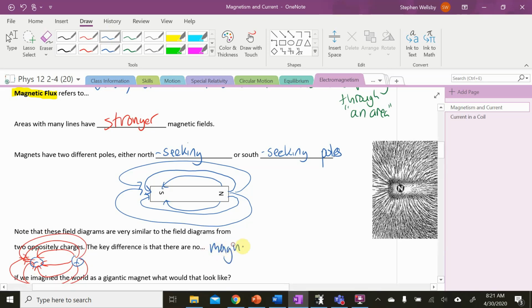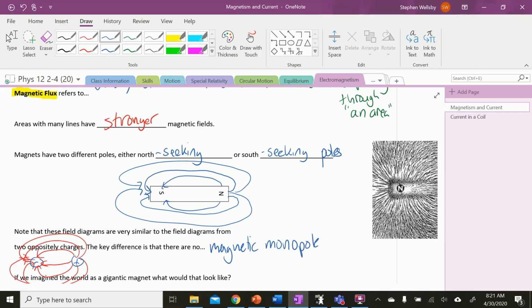There is one difference, though, between dealing with magnets and dealing with charges: there's no such thing as a magnetic monopole. So what that means is you can have a single positive charge sitting on its own. You can have a negative charge sitting on its own, but you can never have just a north pole sitting